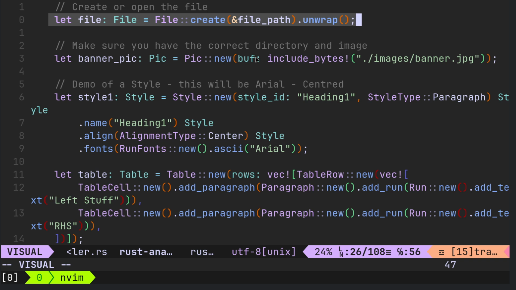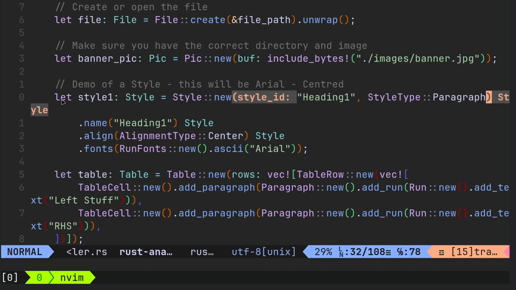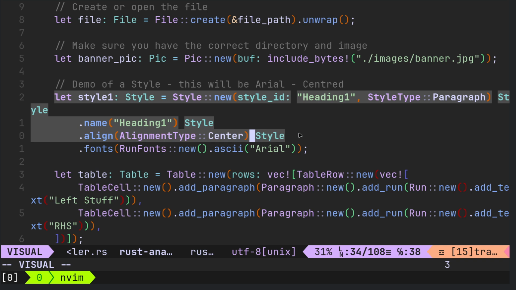So we're in buffer include bytes. That's a macro, a Rust macro. Images banner JPEG, and that's the Learning Rust banner with the tiny little banner with the orange crab on it. Styles. So styles are quite important, and that's how you modify the font size, the fonts,